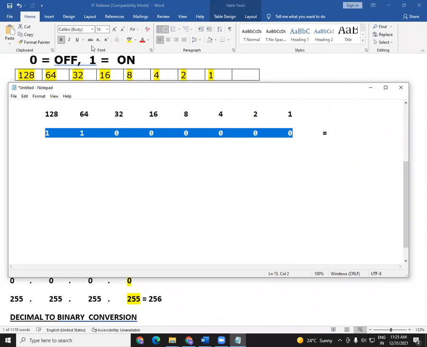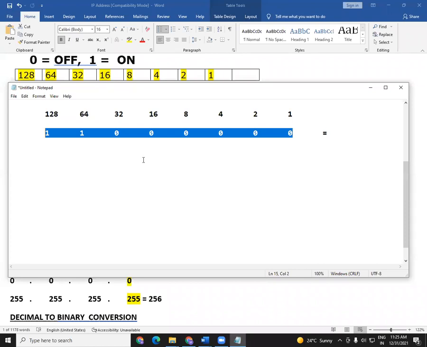But why are we specially taking 8 bits here? We are specially taking 8 bits here because it is an octet. IP version 4 is 32 bits. 32 bits are divided into 4 octets, and each octet contains totally 8 bits. That is the reason I'm specially taking totally 8 bits here. Got it? Anyhow, so these are the 8 bits we have here.